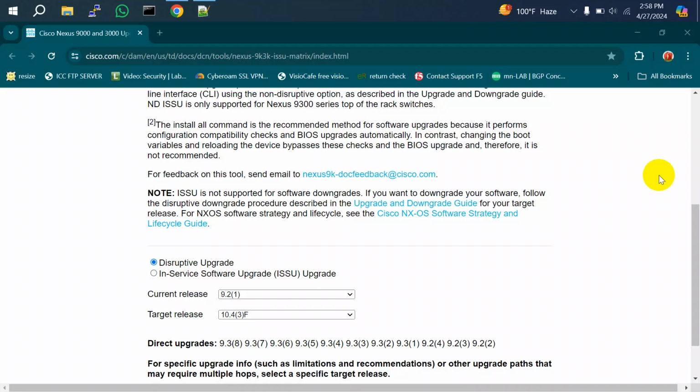Hello guys, today I'm bringing another exciting video about Nexus OS. As you can see, my current version of Nexus OS is 9.2.1, and I am going to upgrade this version to 10.4.3.F. And if I want to update